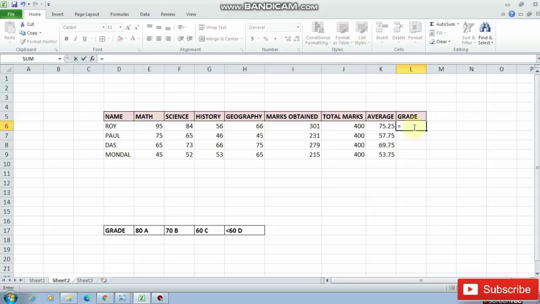Likewise, you can prepare the grade of the science, history and geography also.